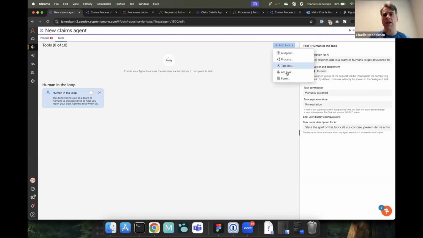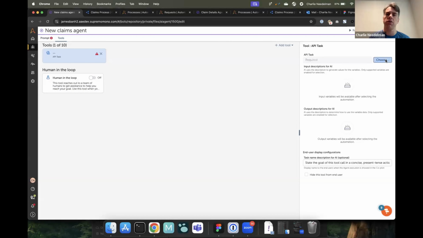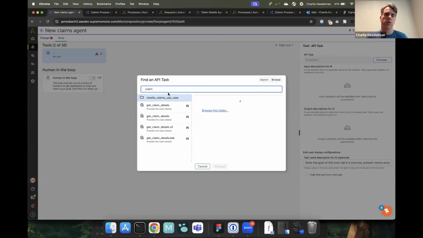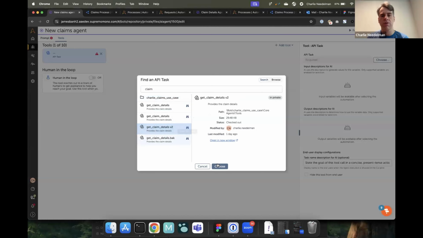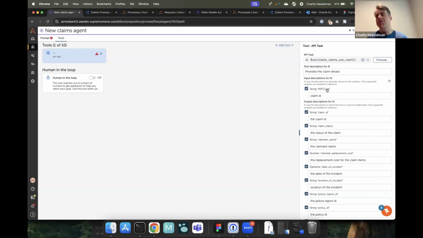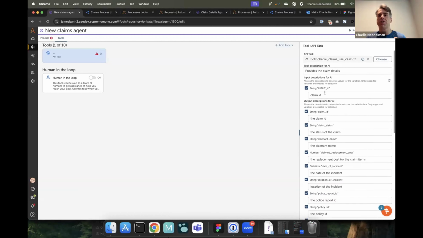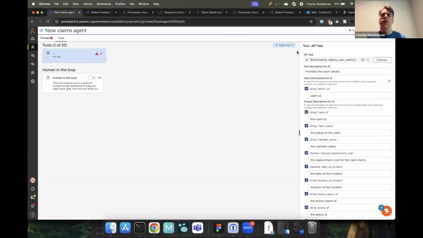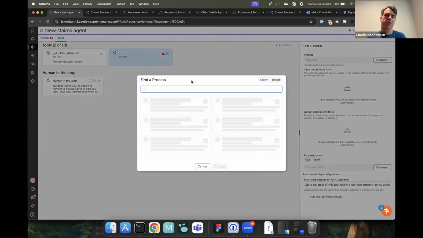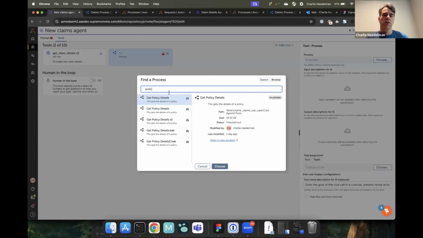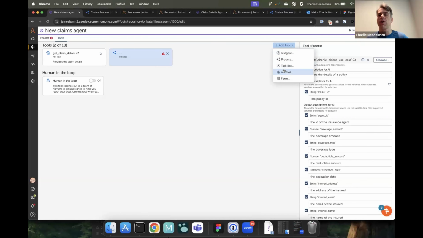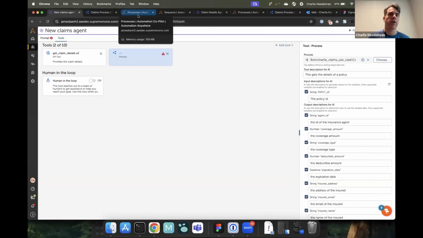So in this case, I'm going to add, as an example, a tool for claims use. This is actually just a standard automation that collects the information for a claim. And I have others for different purposes, and I'll show you in a second an actual run of this. So there's policy details and so on, and I even have a police report one. But for the sake of time, I'm going to show you one that I already did.